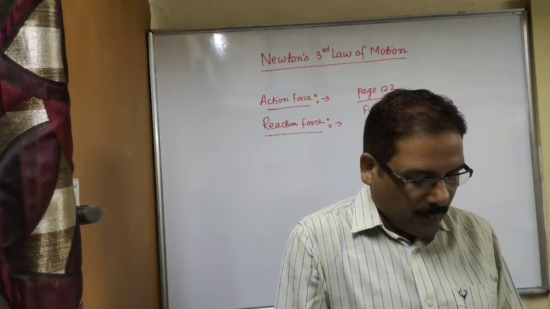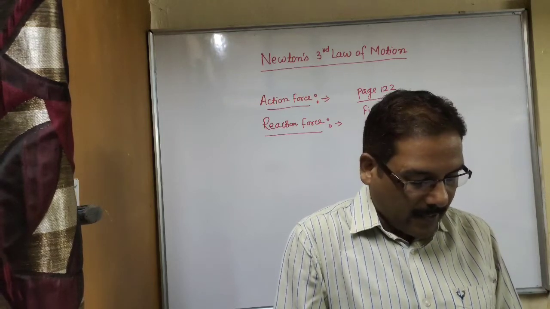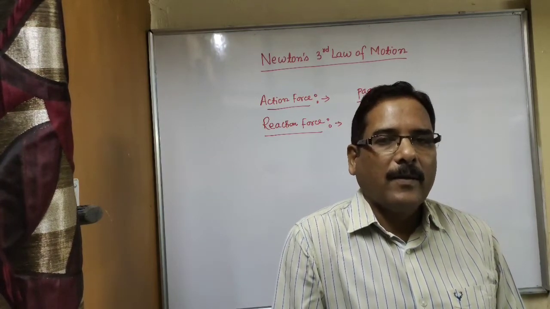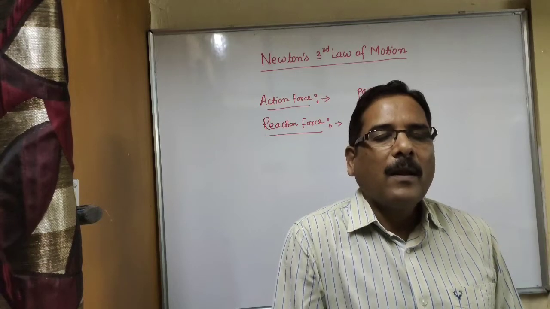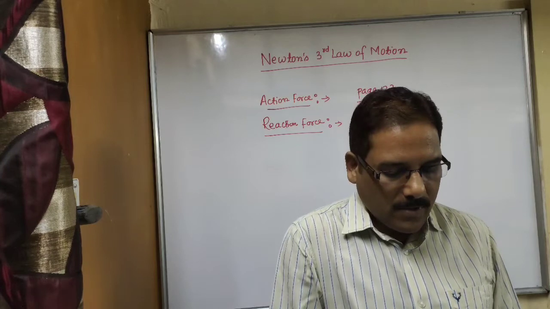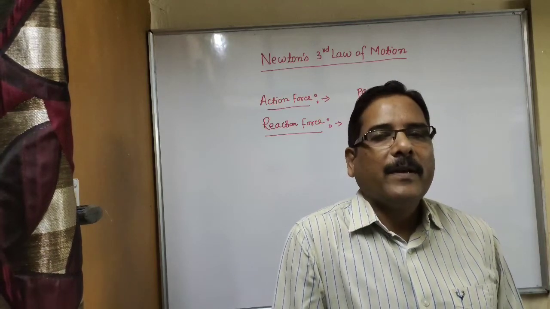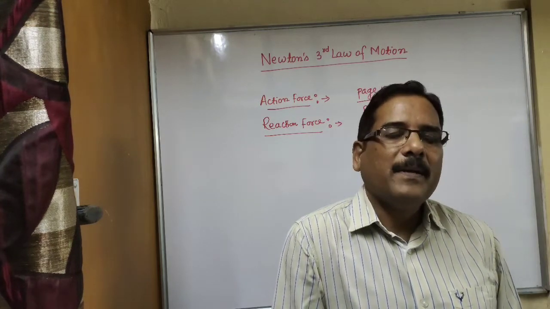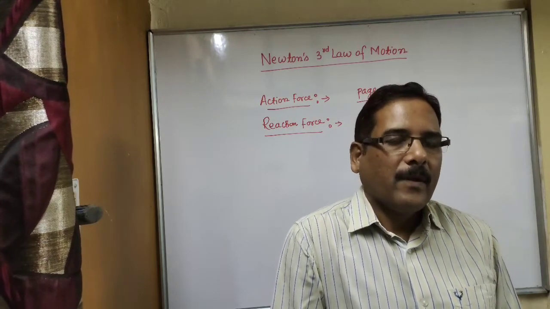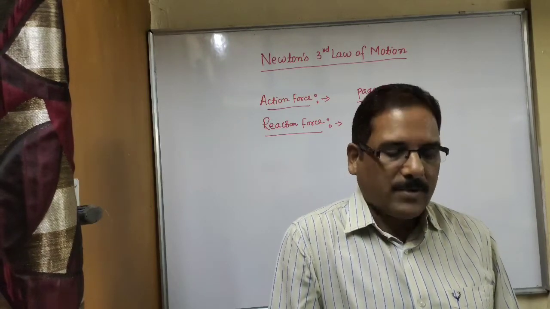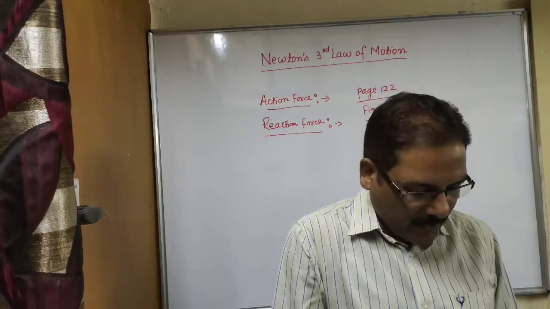It means that the force exerted by spring balance A on balance B is equal. So what does it prove? These two forces are equal. We are applying force on spring balance A, that is the action force. Suppose the reading is 25, and so the reading of spring balance B is also 25. So this shows that these two forces, action and reaction force, are equal in magnitude.